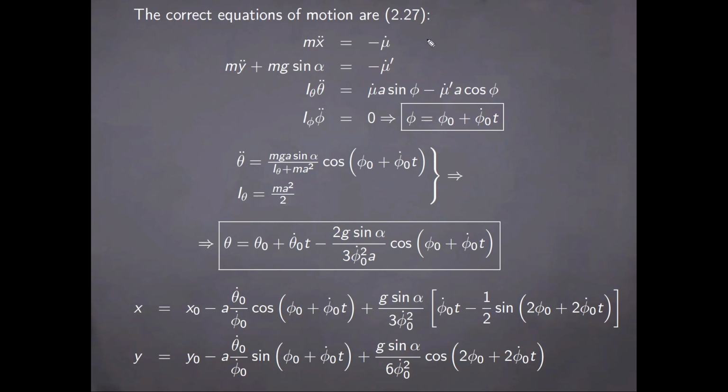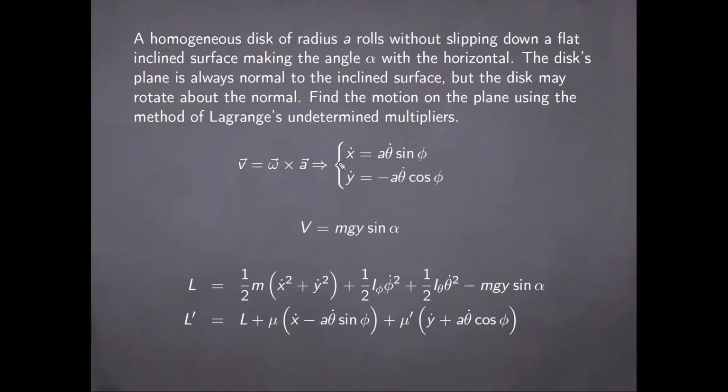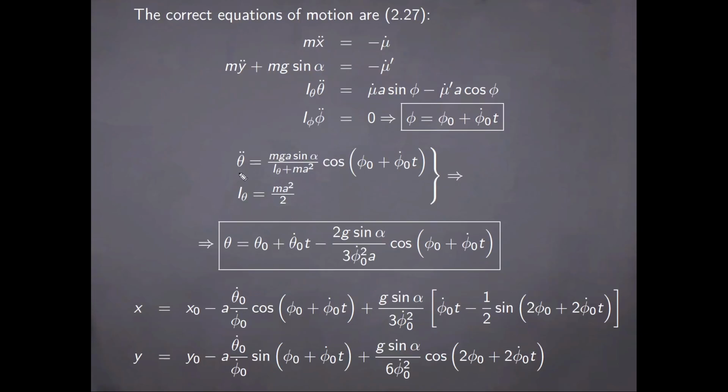So we have these first three equations, which are a bit more complicated, and the fourth one has a simple solution and allows us to find the angle phi as a function of time immediately. Then for theta, what we do is that we insert the previous two equations of motion in this expression, and then we make use of the constraint equations as well, and that ultimately leads to the